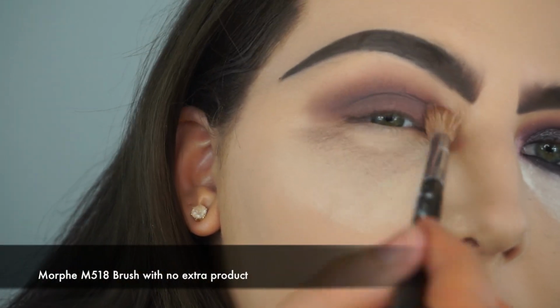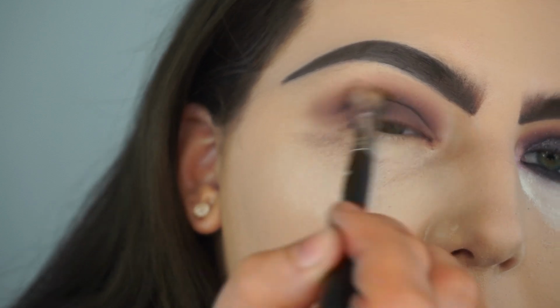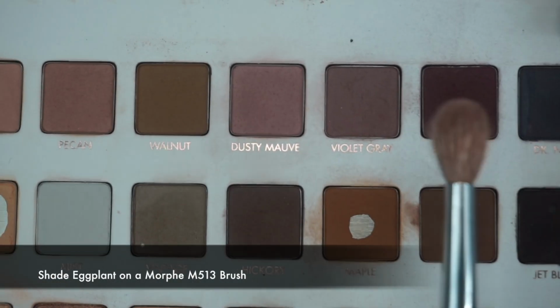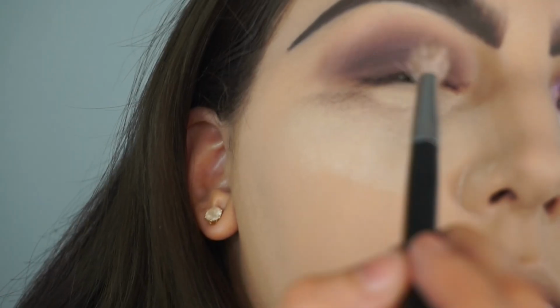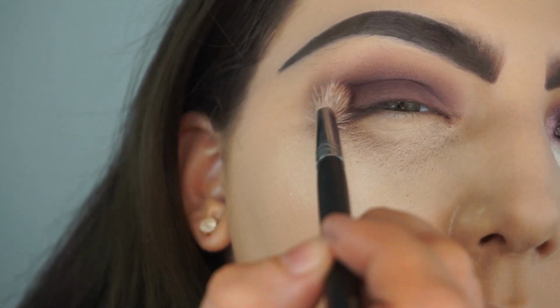I'm taking that first brush we used in our crease, the Morphe M518 brush with no extra product on it, and I'm just going to blend those shades in our crease together so everything's nice and blended and we don't have any harsh lines. And then I'm taking the shade Eggplant on a Morphe M513 brush, and this shade I